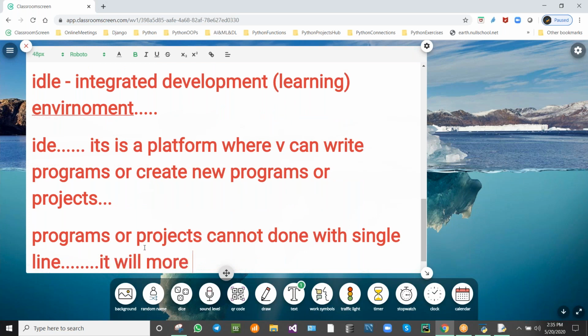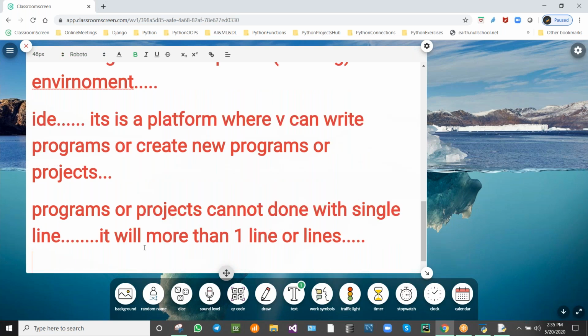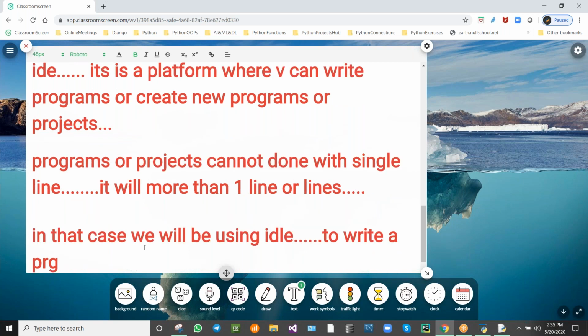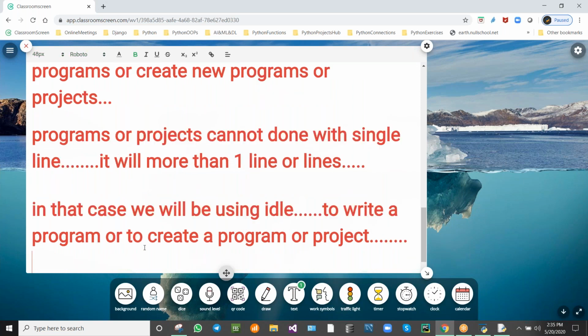It will be more than one line, isn't it? So what will we use to write or create a program or project? We need multiple lines.